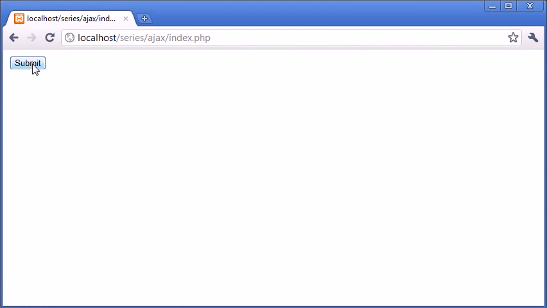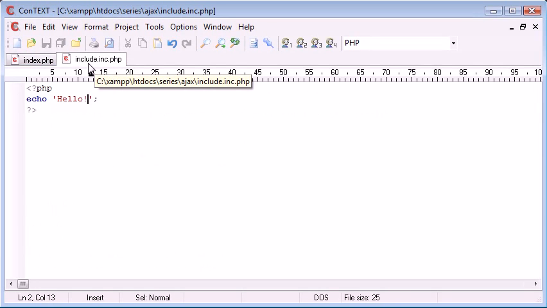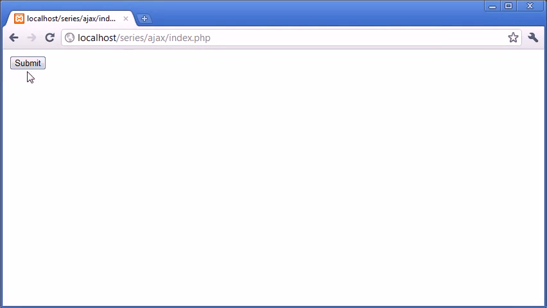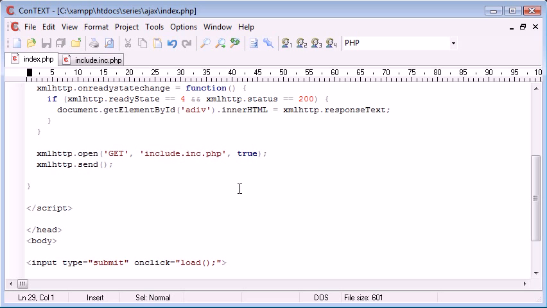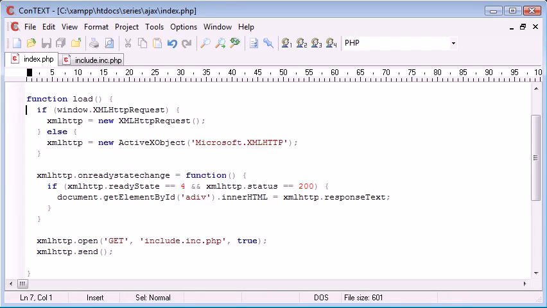What should happen is when I click submit, we should have the value hello being output underneath it, because what we're essentially doing in include.inc.php is just echoing out hello. So this should just echo out the content of our PHP page. Let's try and see if it works. Okay, it's not working. There's a surprise. So let's go back through our page and have a look at everything and check that everything